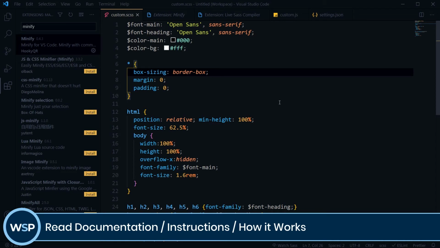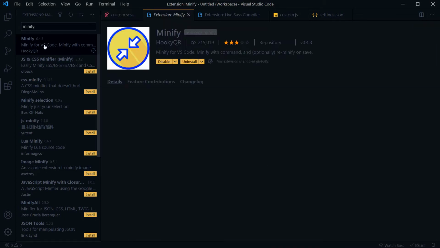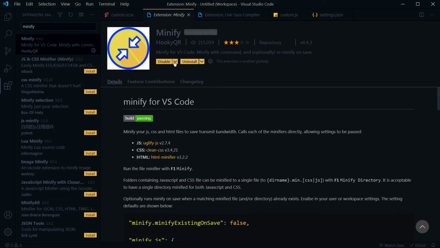Number one, always read docs while installing and enabling certain extensions. There will be some instruction to press some key or button or use certain command to do something. In Visual Studio Code, this icon brings up this extensions selector. You can type and search extensions from here. For example, if you search Minify, you can get this extension. You can install it and enable it, but you will have to read about how to use it.